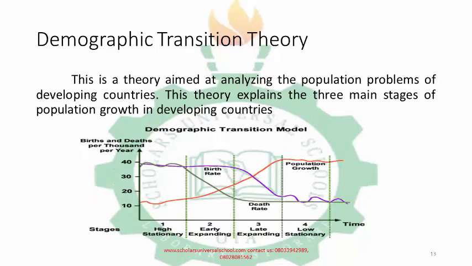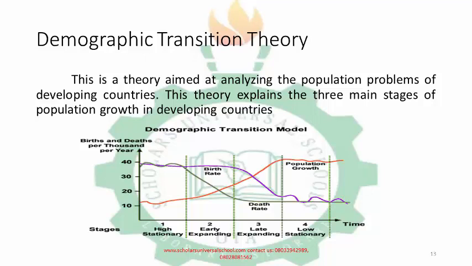Now let's look at the second theory. We've seen the Malthusian theory. Now let's look at the demographic transition theory. The demographic transition theory is another theory that was put in place to show the different stages that a country